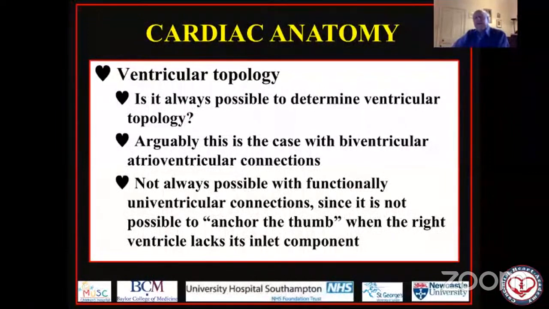And that is because in those settings it's not possible to anchor the thumb. And it is the thumb that is the key to determining ventricular topology. That is what we do when we place it, figuratively speaking, into the tricuspid valve. With this one exception, in functionally univentricular hearts of left ventricular type, I do believe it is possible to determine the topological arrangement, and even in that setting, we can make inferences by knowing the relationships between the dominant and